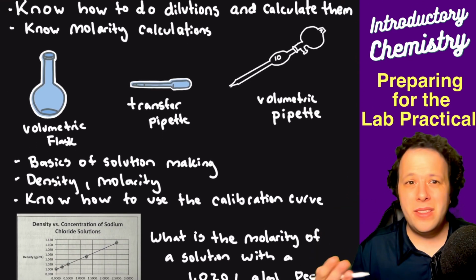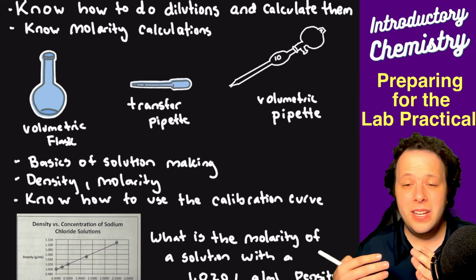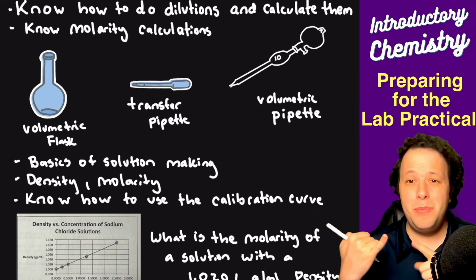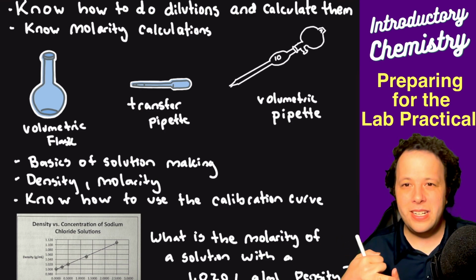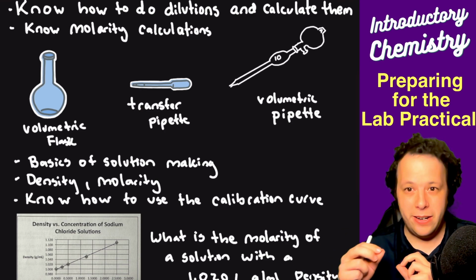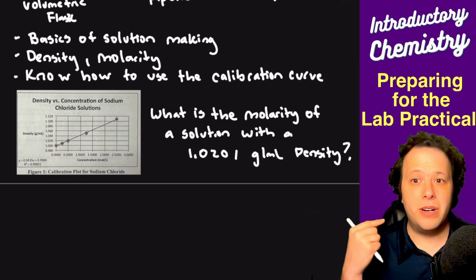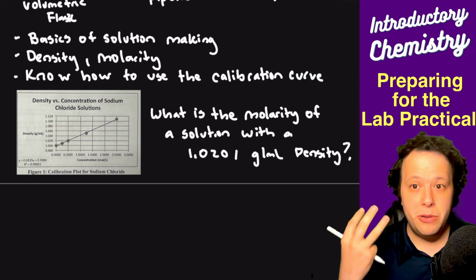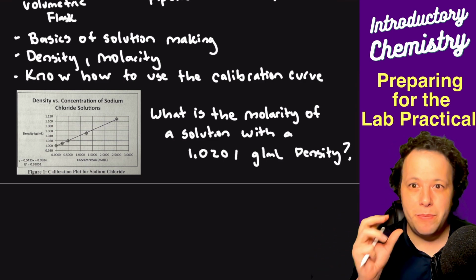And then we went through density, molarity. We made a calibration curve. So there's all kinds of things that could be used here. Being that we talked about density earlier, and we'll do a little bit of molarity in a little bit, let's talk about how to use that curve. So this was one of the things that you had to plot. You took the time to make it and you had to use it. So you had to measure an unknown